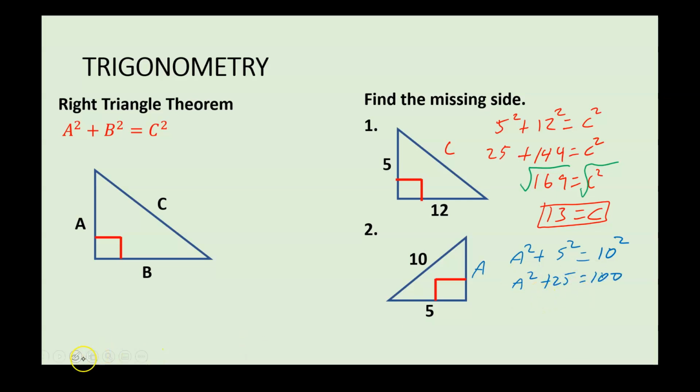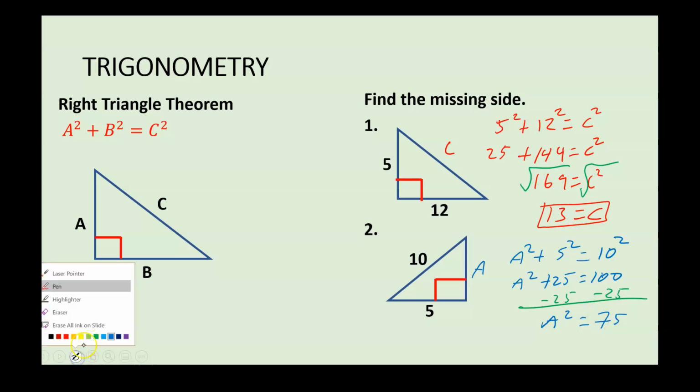We can subtract the 25 from both sides, and that gives us a squared is equal to 75. Again, we can take the square root of both sides,